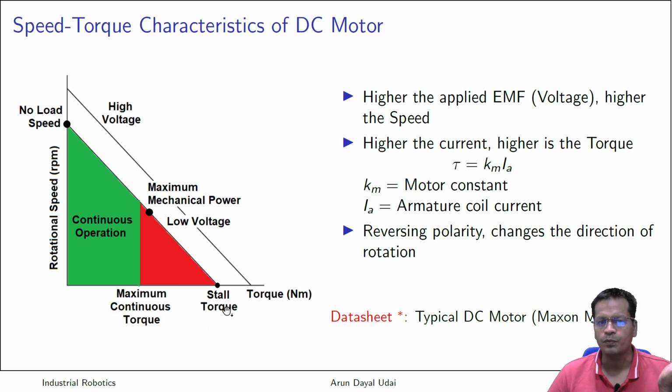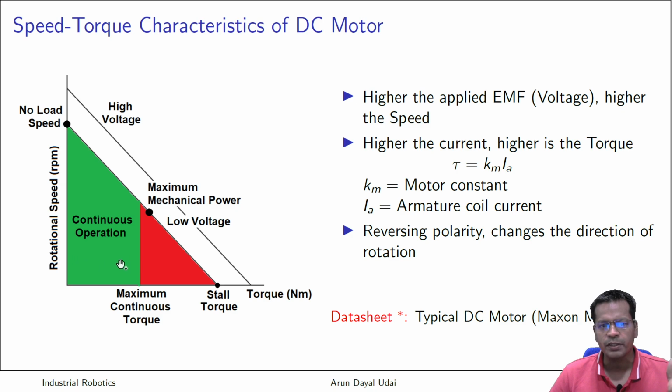Definitely this is not good for the motor. In this case, there is a high amount of current that flows through the conductor and the motor gets heated up. So this is not a suggested region of working. So this red zone is where you should not go. Maximum mechanical power you see over here, that also falls a little under this region only. So you should not use it in this rating. Continuous operation region is this much.